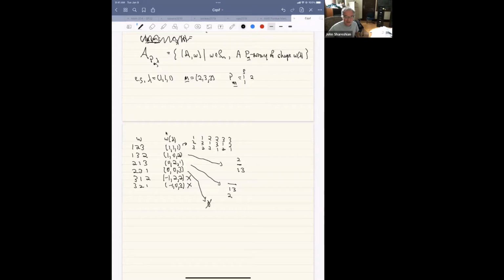So associated to this permutation, we have 6 arrays. Associated to this permutation, 1. Associated to this permutation, 1. And associated to these 3 permutations here, nothing, right? And the claim